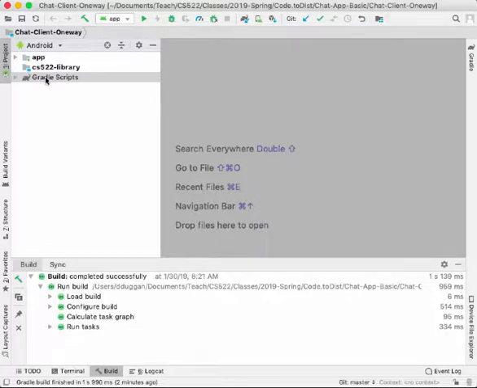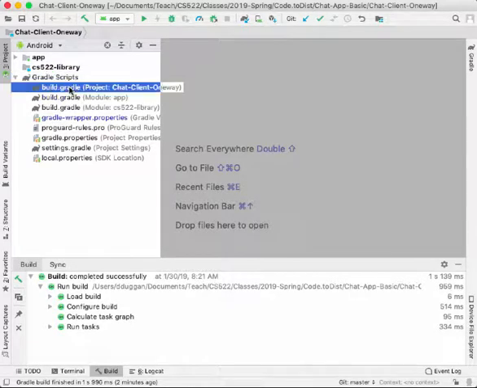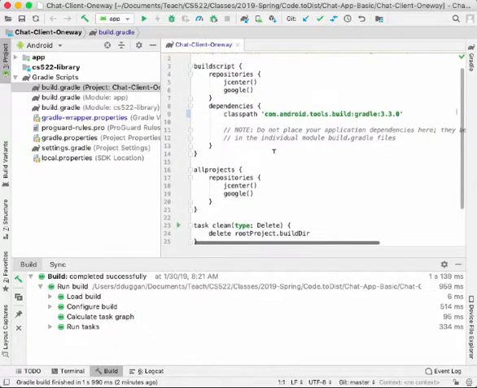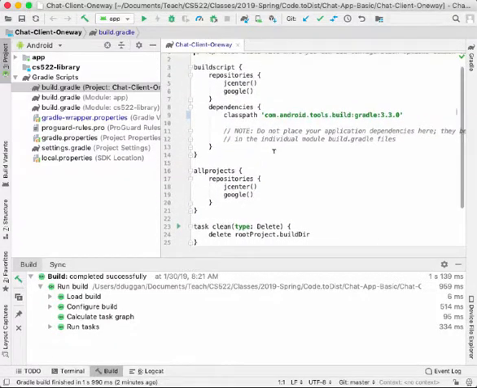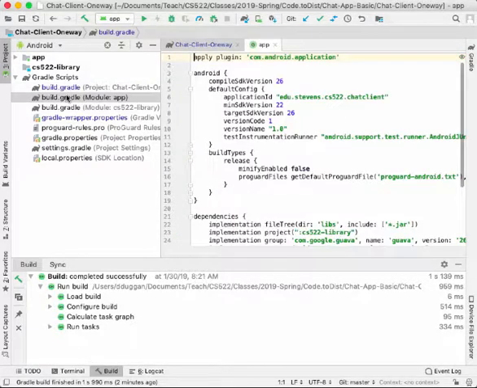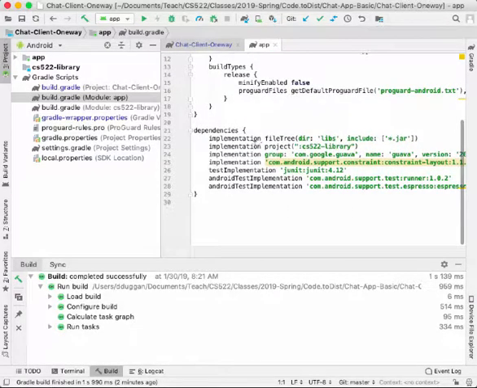So here you see the structure of an Android project. We have some Gradle scripts. We have the project settings, and we have the module settings. Okay, so this is setting up basic things like Maven repositories and so on, and then the application settings for particular module settings for the app are defined over here. So this defines, for example, the package name for this app, the SDK version, various SDK versions, and